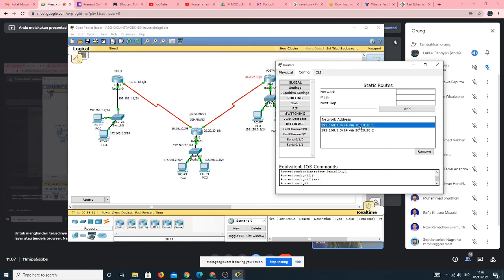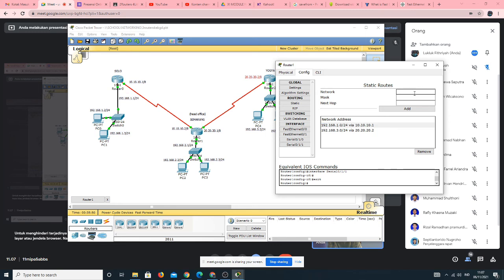The first is when router Semarang or when LAN Semarang will send some packet data to router Solo, so we have to make the connection first from Semarang to Solo because they are connected each other directly.